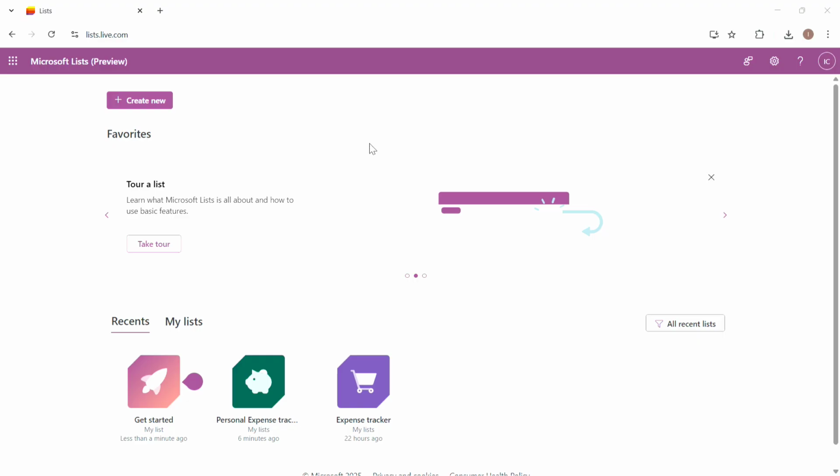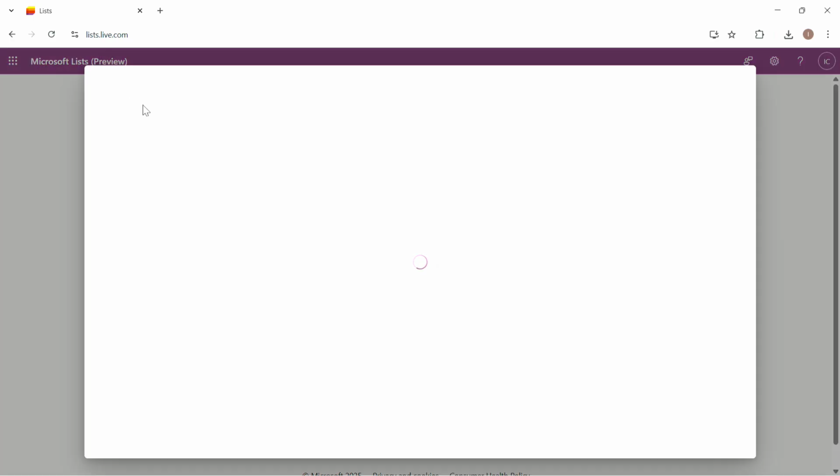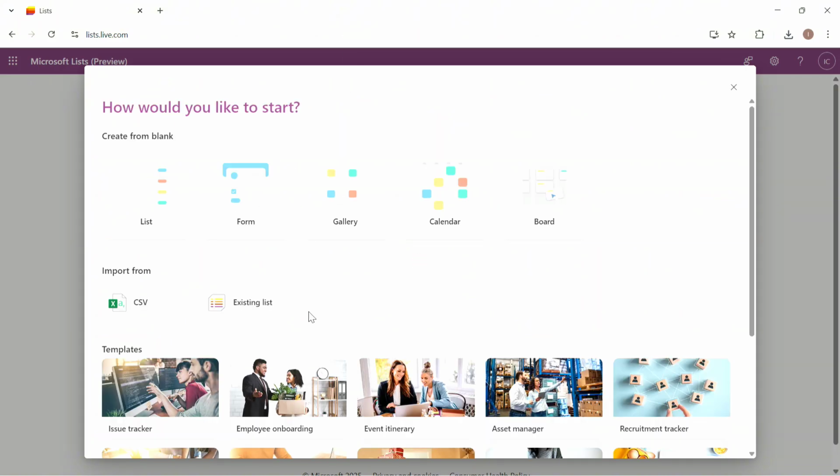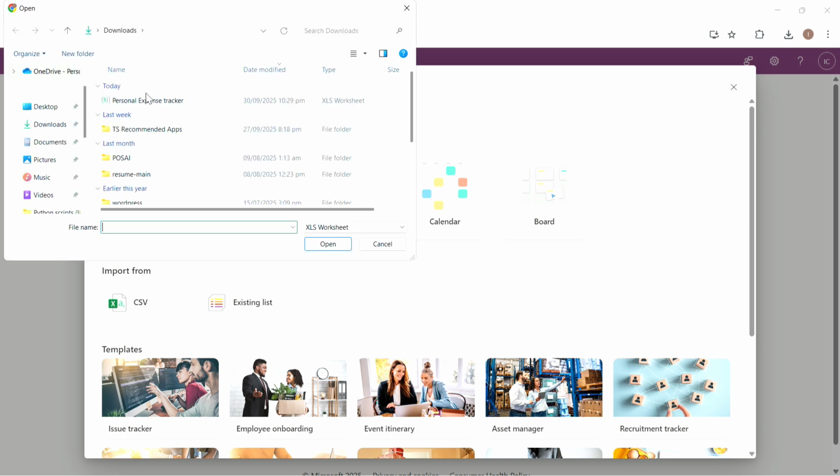So to get started, go ahead and open Microsoft List, sign into your Microsoft account, and then in here, click on this Create New at the top left corner of your screen, and then from here go ahead and select CSV. So make sure to download your Excel file as a CSV, and then click on that CSV that you want to use,